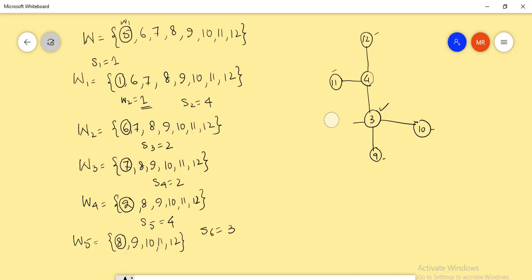And we delete this vertex from the graph, and so on. If we continue this process, we will have S7 is equal to once again 3, S8 once again 3, S9 is 4,